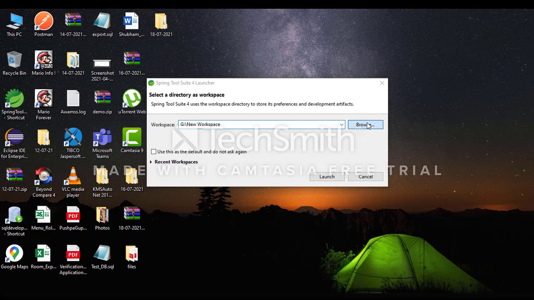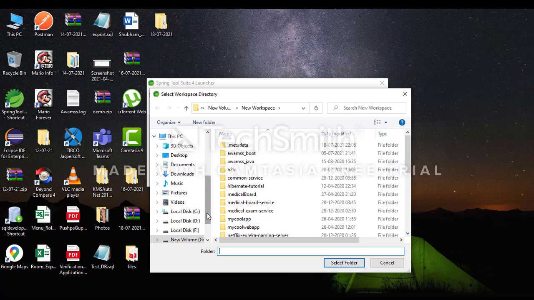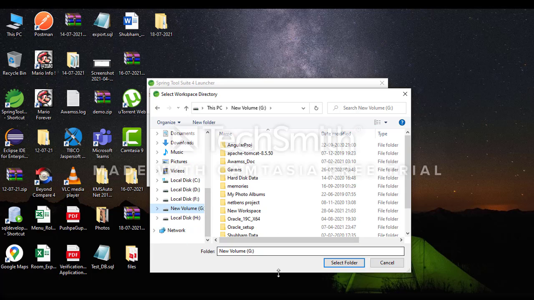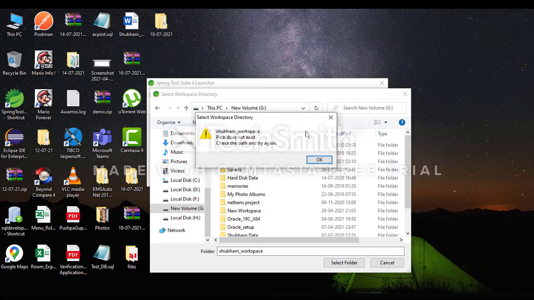We create a new project here. Simply we have to create a new workspace. We create a new folder in my G drive, a Shubham workspace, right?